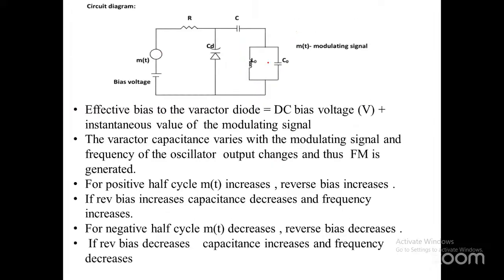So this is the circuit arrangement for a direct method. This is a varactor diode, a variable capacitor, and this is a simple tank network. Together they form a voltage controlled oscillator. If you apply the bias voltage and the message, and if you tune these frequency components to a megahertz range,